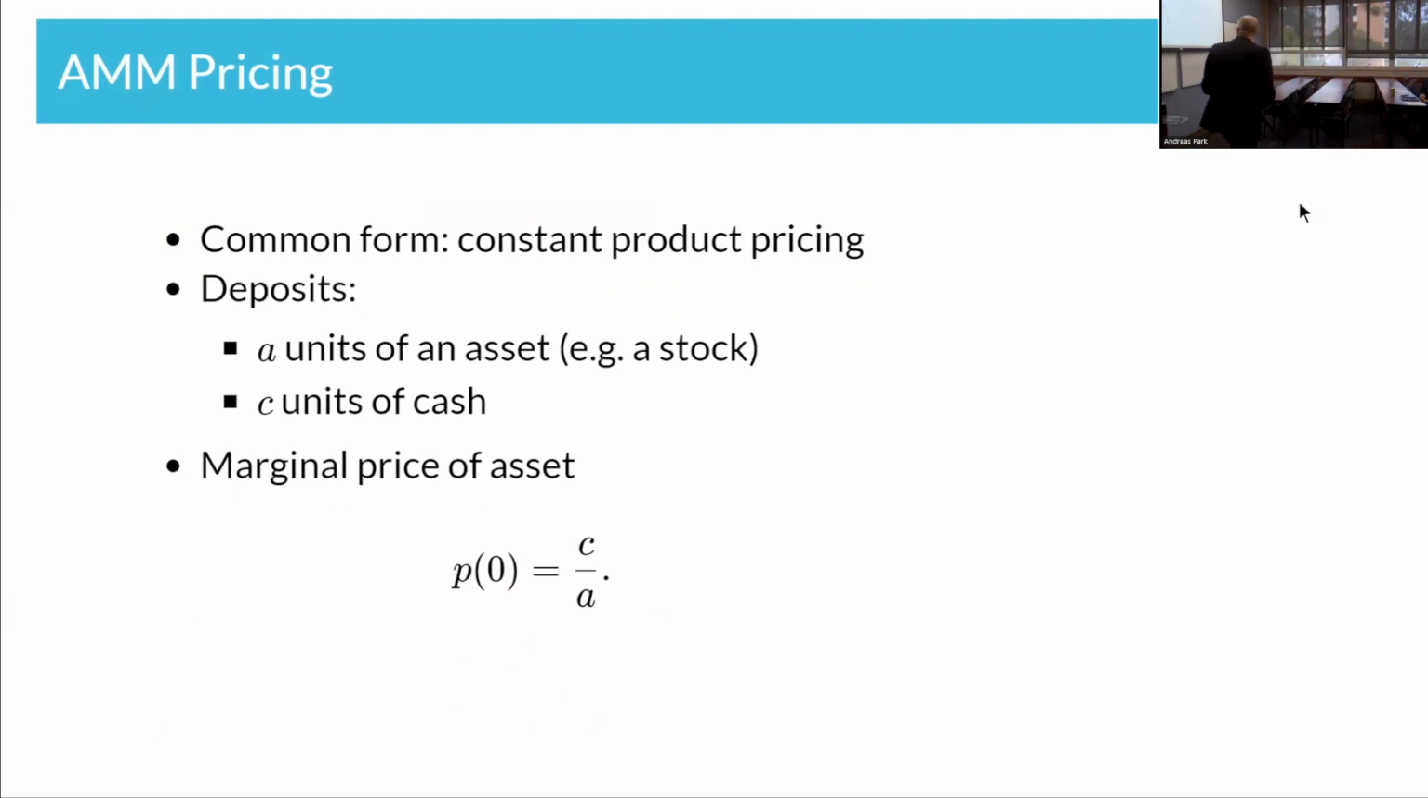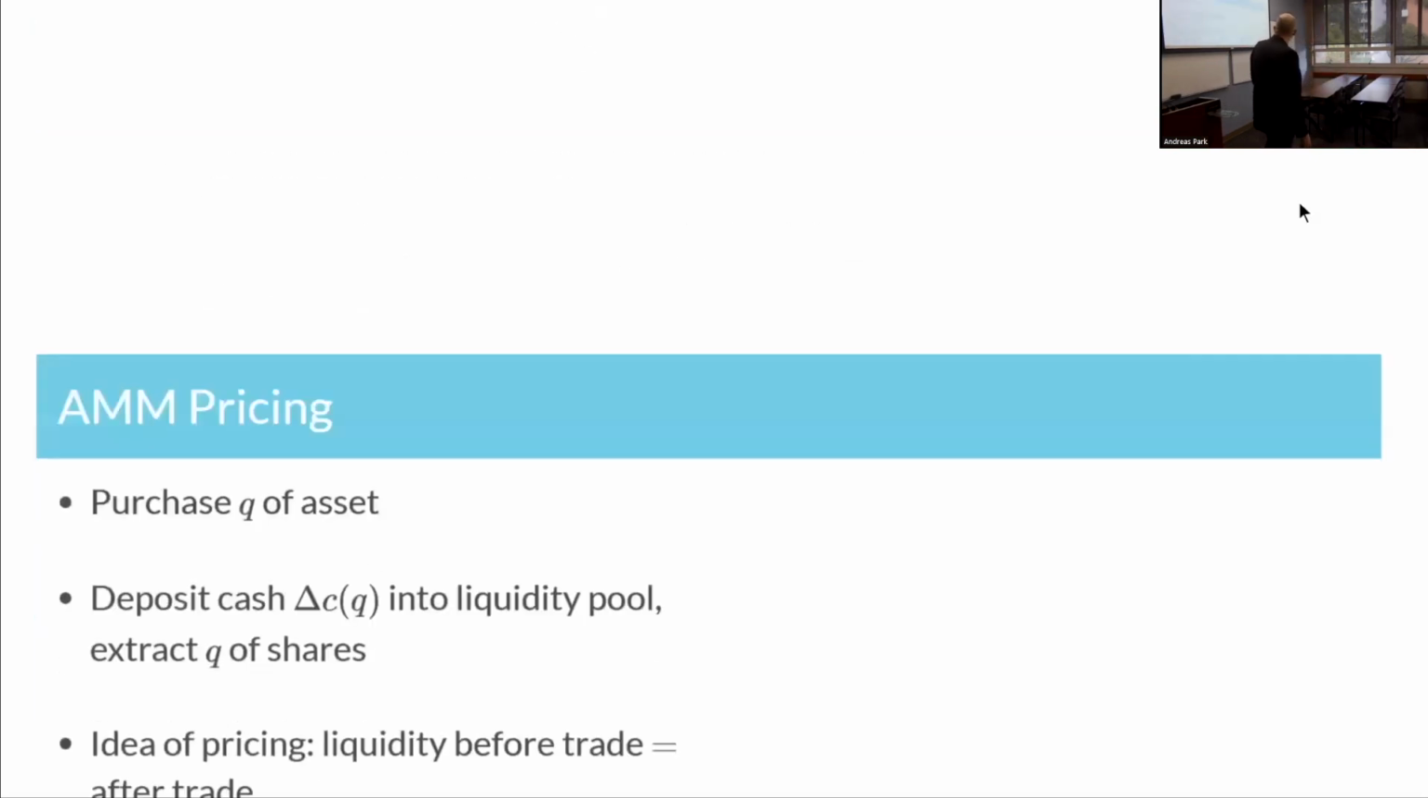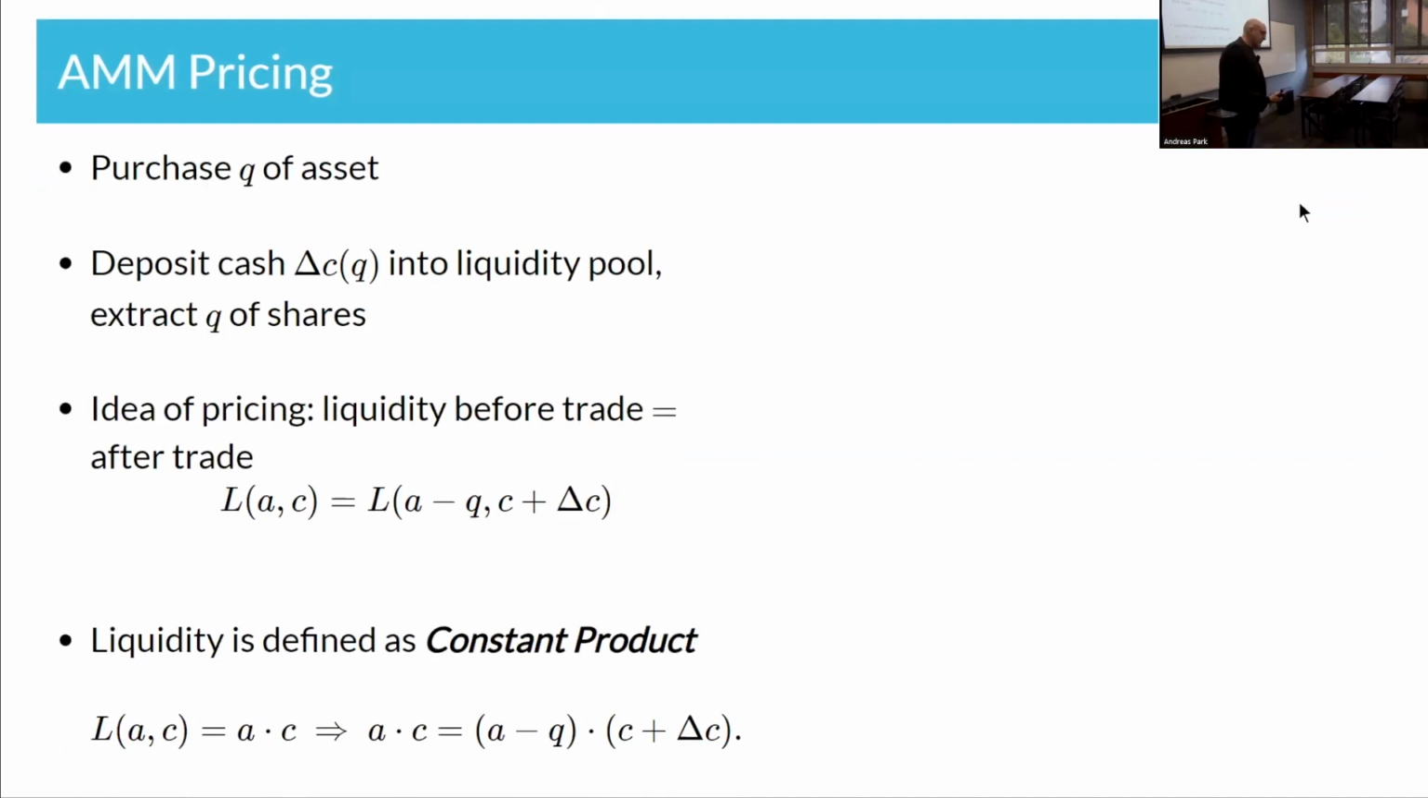Okay, so what is that actually? We start with A units of the asset and C units of cash that people have deposited. They're deposited at a marginal price. The marginal price is just the ratio of cash to assets, right? So if you have $1 million in there and you put 100,000 shares in there, the marginal price is $10. That's what you have to pay if you wanted an infinitesimal quantity. Now, the principle of an AMM is that you take an asset out, you have to put another asset back in,